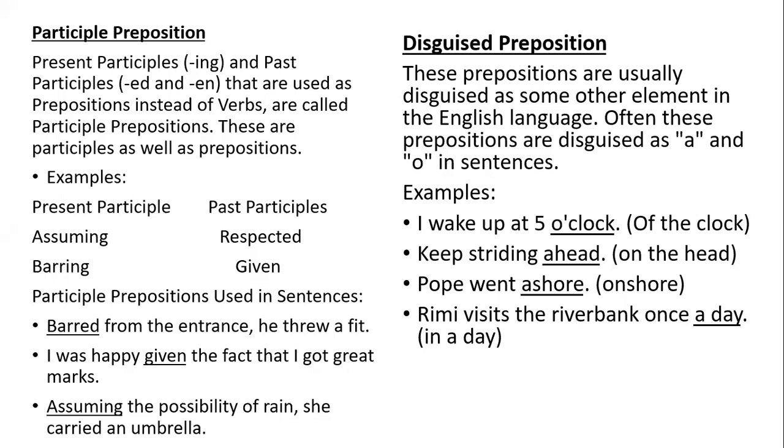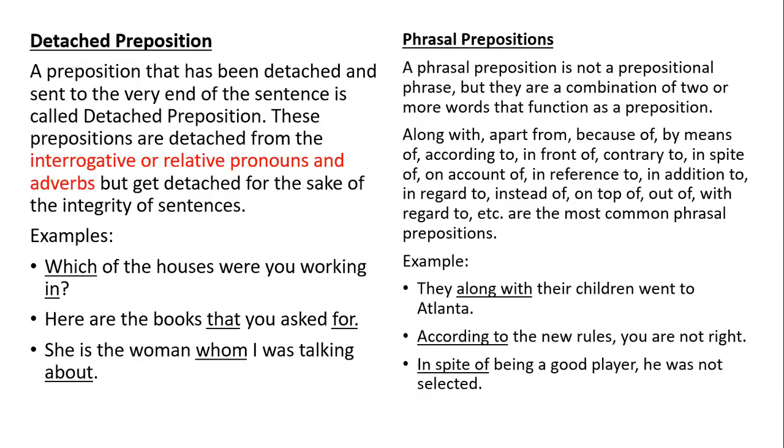But in all of these four sentences the prepositions are present, but they are in such a form that they are very difficult to identify. যেহেতু এই প্রিপোজিশন গুলো সেন্টেন্সে এমন ফর্মে ব্যবহার করা হচ্ছে যাতে আমরা সহজে চিনতে পাচ্ছি না, এর জন্য এদেরকে বলা হচ্ছে ডিসগাইজ প্রিপোজিশন অর ছদ্মবেশী প্রিপোজিশন।